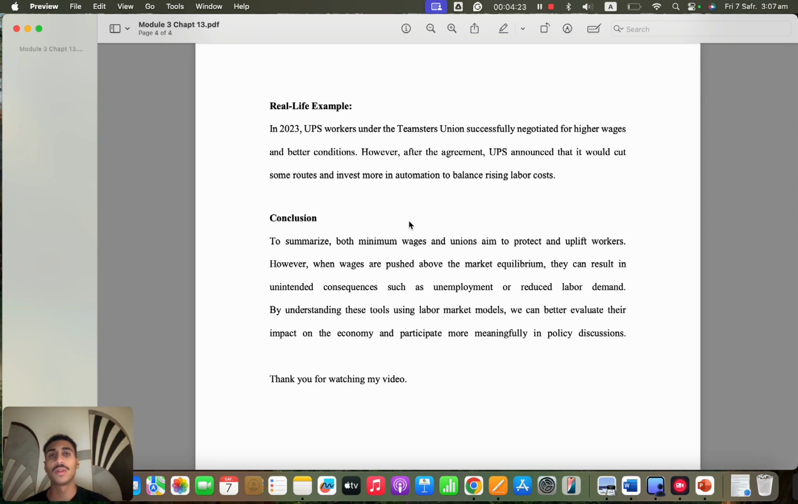So to wrap up everything, in my conclusion, both minimum wages and unions aim to protect and uplift workers. However, when wages are pushed above the market equilibrium, they can result in unintended consequences such as unemployment, as we said in the first 2 slides, or reduced labor demand. By understanding these tools using labor market models, we can better evaluate their impact on the economy and participate more